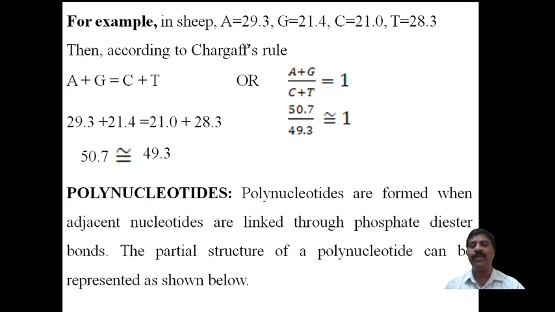Now coming to the polynucleotide. The polymer of nucleotides is nothing but a polynucleotide. Simple. Now, I have already told that a nucleotide contains nitrogenous bases like adenine, guanine, cytosine, thymine, and uracil, along with a pentose sugar, that is 2-deoxyribose or ribose, along with a phosphate group, monophosphate or biphosphate. Therefore, the combination of base, sugar, and phosphate group is called a nucleotide.